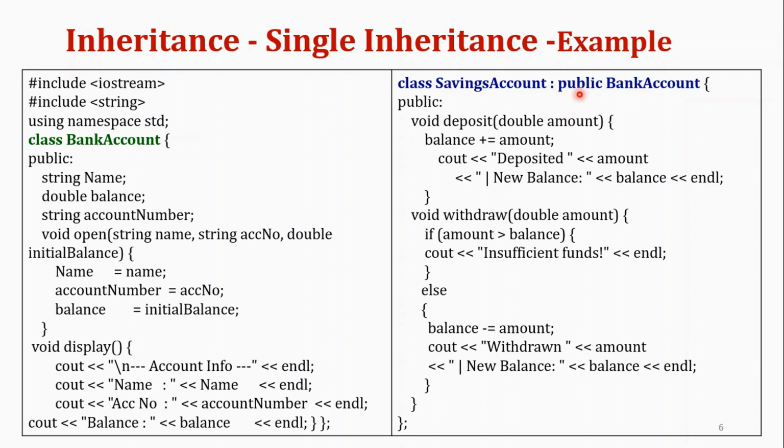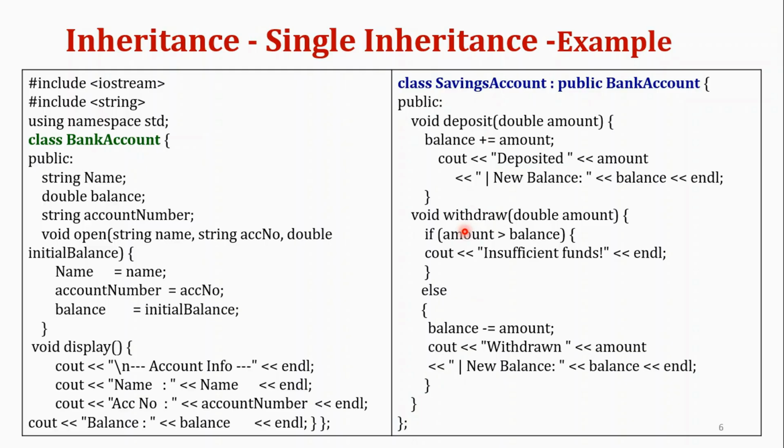So colon, public mode of inheritance, base class name is bank account, so that all the public members are readily available in the public access mode of the derived class. Okay. So end of the class, and here I'm having member functions, two member functions, deposit and